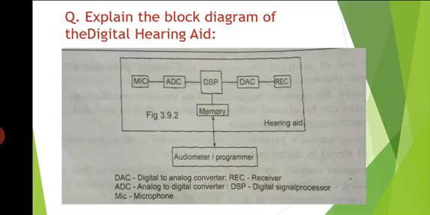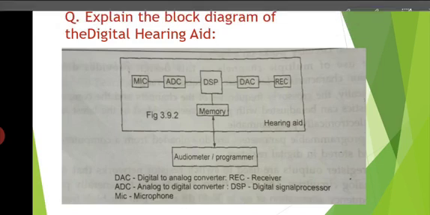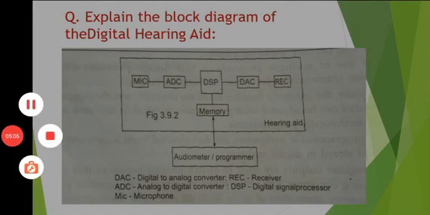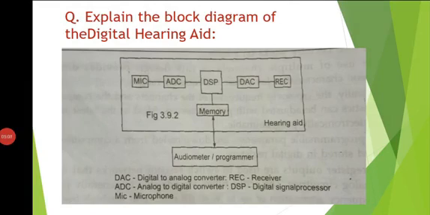Now we will see the block diagram of a digital hearing aid. In a digital hearing aid, the main blocks are the mic, ADC, DSP, DAC, and receiver. Mic means microphone, then analog to digital converter, digital to analog converter, digital signal processor, receiver, and